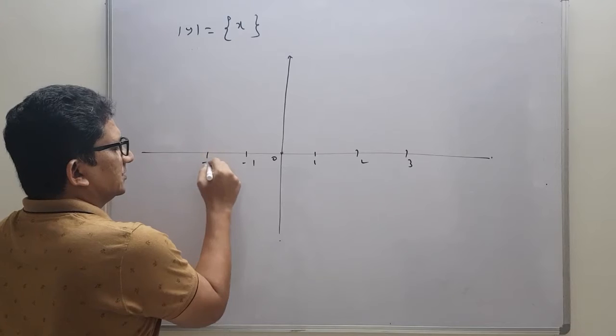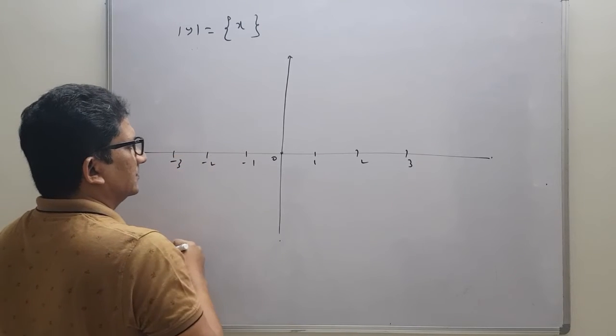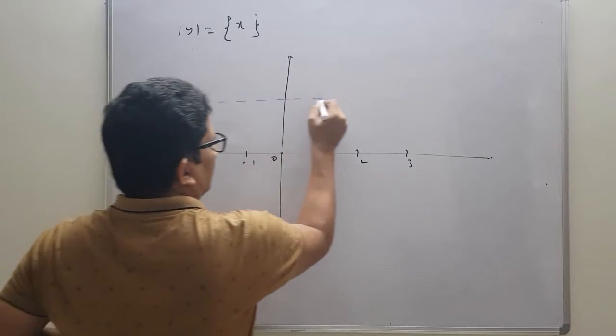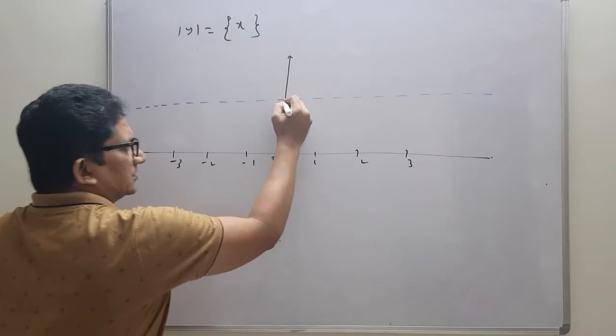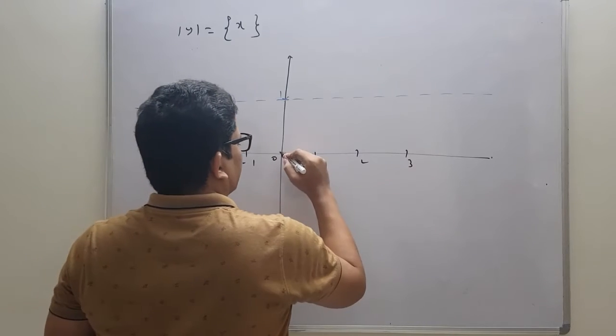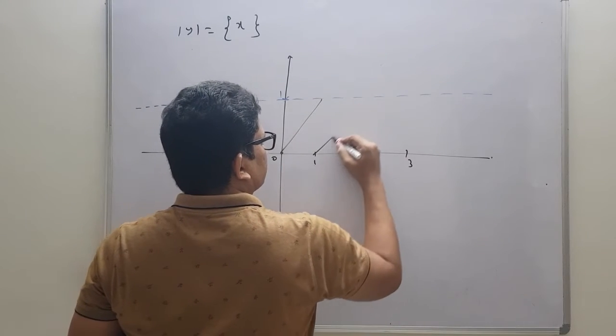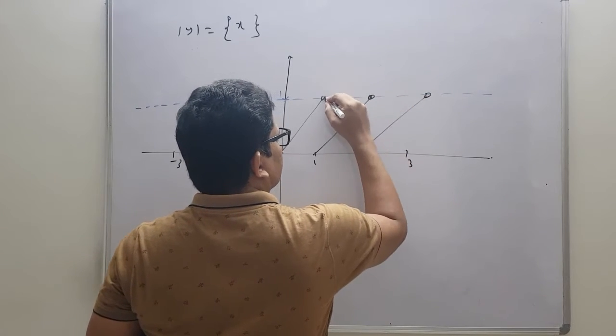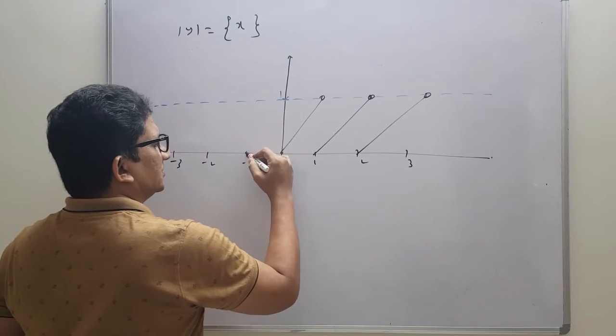Only 3 units I am taking here. So always we'll keep a line here. It indicates that the graph should not exceed 1 on the y-axis. So from the origin you get a line like this which should touch this one, should touch this one. So here we will get open circles, it will never touch. The same way in this direction also.